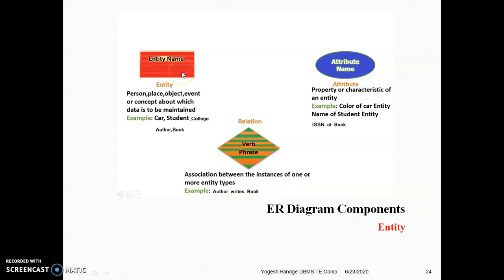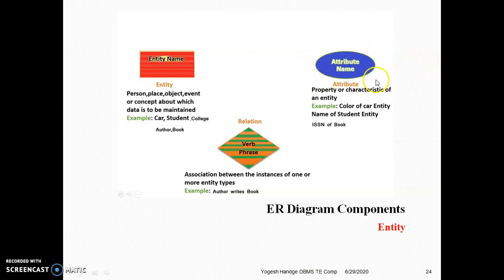Rectangle notation represents the entity: person, place, object, event, or concept about which data is to be maintained. Example: car, student, college, author, book, etc. In this rectangle we write the entity name.